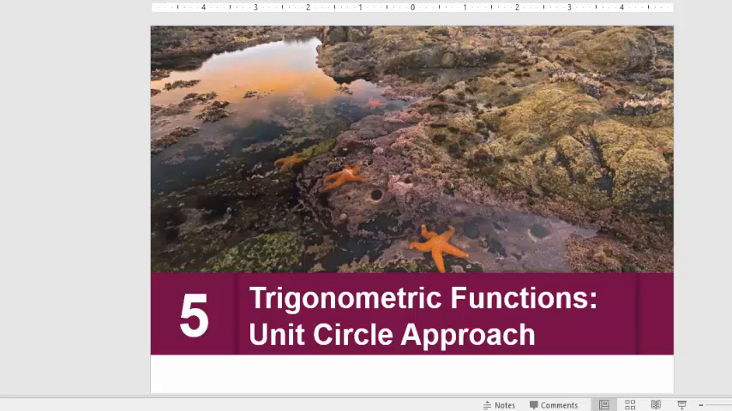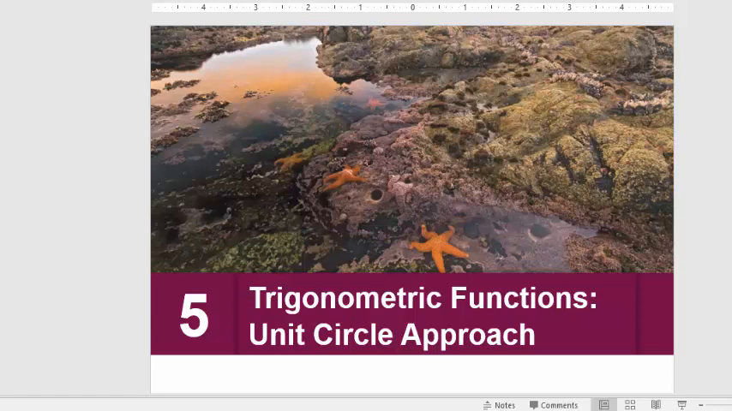Moving backwards now into chapter 5, we had looked at chapter 6 already, right, which dealt with the right triangle trig, and then we moved into the sketching of the angles in standard position where we had the x, the y, and the r. So we're now going to go backwards into chapter 5, which actually deals with what's called the unit circle approach